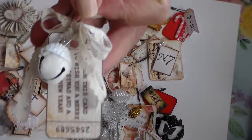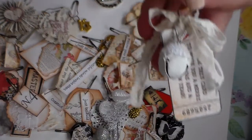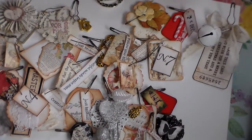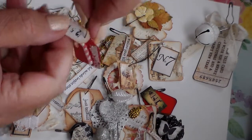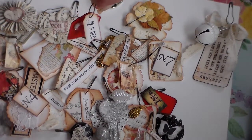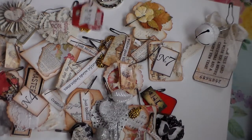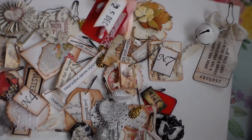But then I made some for, like, here's some for the holiday season, and this has been laying around in a pile of stuff I had for ages, literally for ages, and so it is now ready to use for something. And then here's another little bitty one that I've had. I don't know where I came across this candy cane. This is some of the cardboard I had left over, and I have a stamp. I can't use the years on it because it's got 2020 and stuff on it, so I just use the month and the days. And anyway, I just stamped December 25th, and that way, for your Christmas journals or anything,